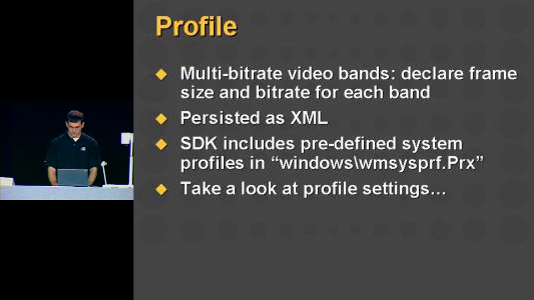Anyway, obviously I could pull this up in the XML editor and it'd be easier to navigate around. But what's nice is I can see all the different properties that I'm able to set. For example, the frame size, the average time per frame. I'm just reading off of here the video size for each of them. The compression here is MP43, so obviously this profile is using the MPEG-4v3 codec